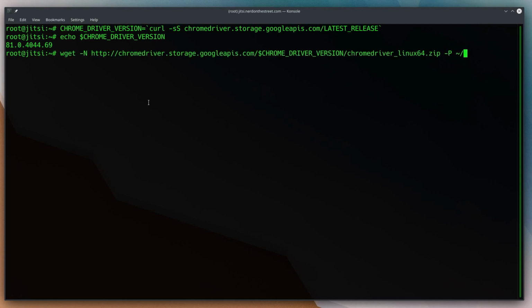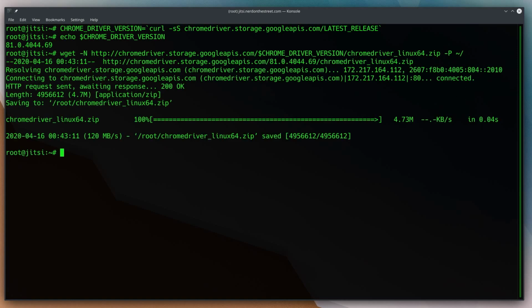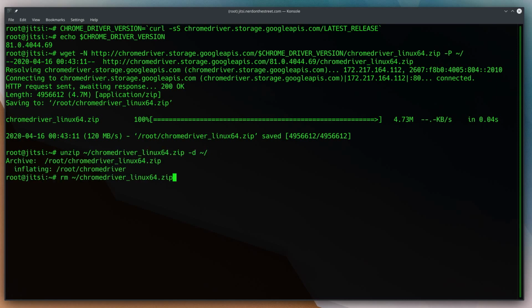So now that that's done, we are going to do a wget on chromedriver.storage.googleapis.com/81.0.4044.69/Chrome Driver Linux 64, and we're going to save that to our home directory. And after that's been saved, we are going to unzip it into the current directory. We're going to remove our zip file because we no longer need it now that we've unzipped it. And so now we've got a Chrome Driver directory, and we're just going to move that Chrome Driver directory into